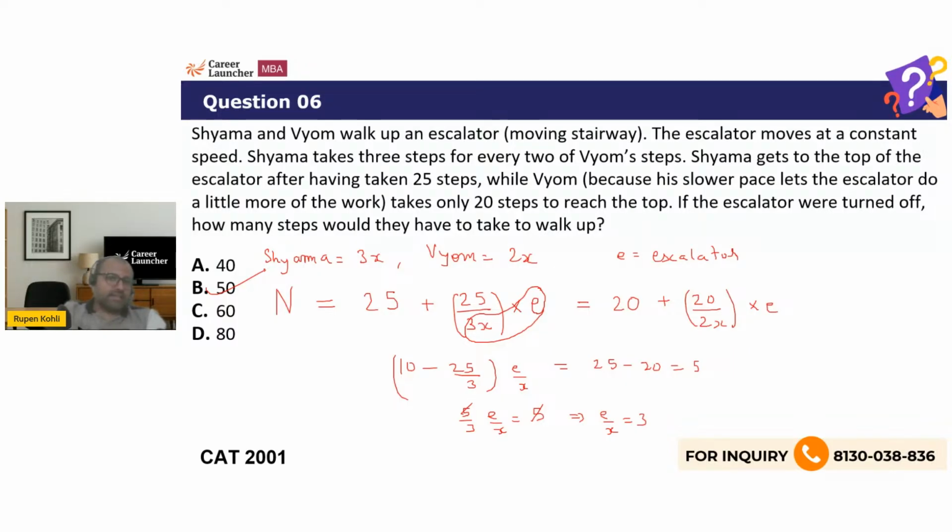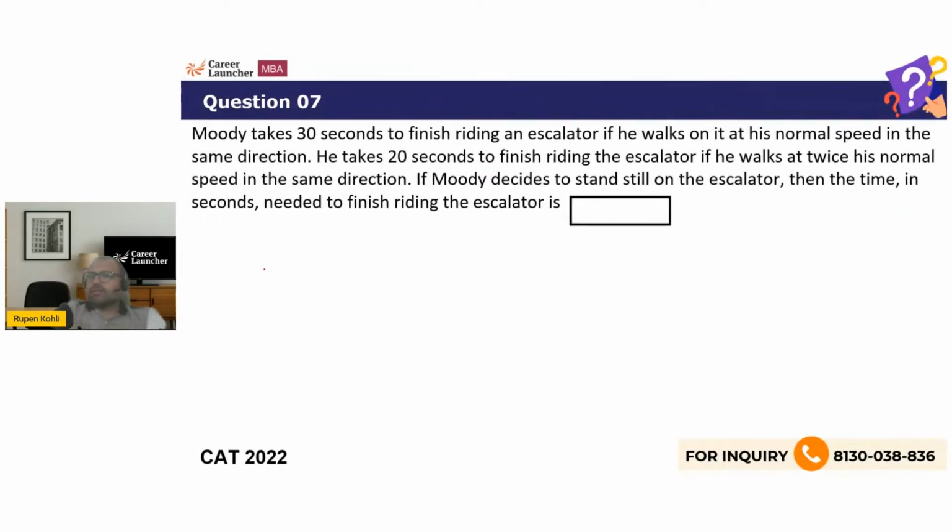और देखते हैं, next one. Okay, good. CAT 22, another question on escalator. देखिए, सो अच्छा, इस भी क्वेश्चन में जैसे मैंने कहा था कि सिर्फ टाइम दिया हुआ है 30, 20, और फिर कुछ टाइम ही पूछा है,